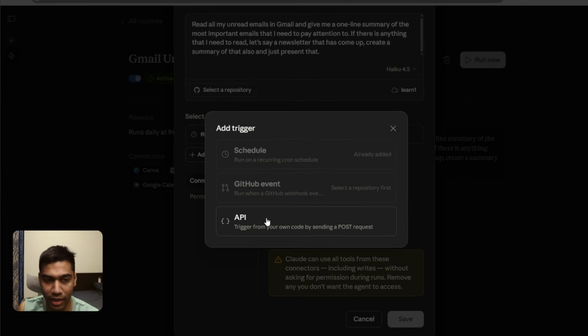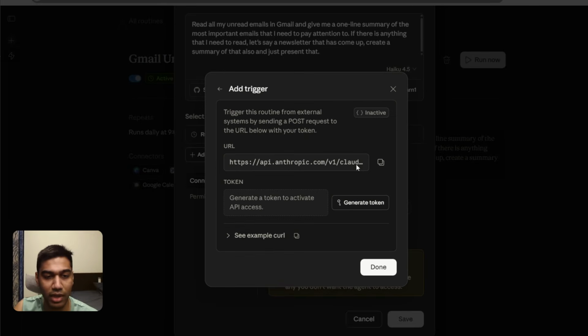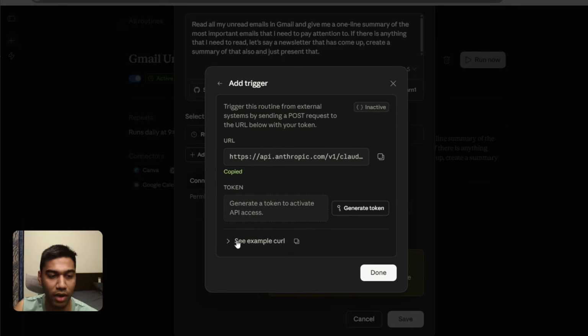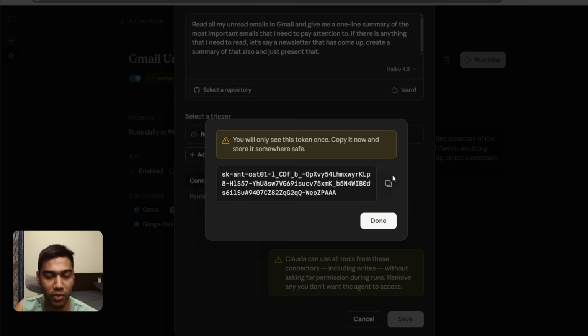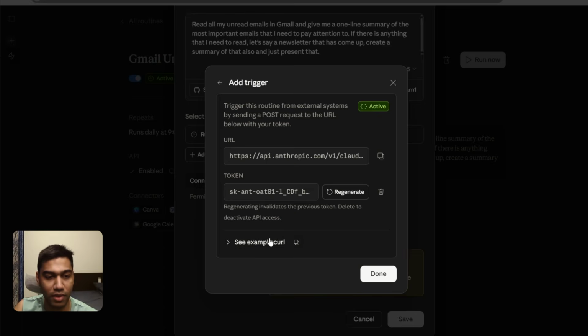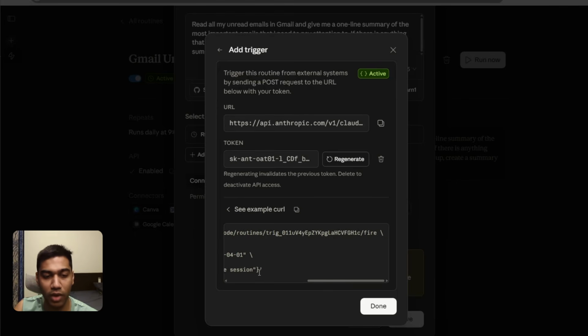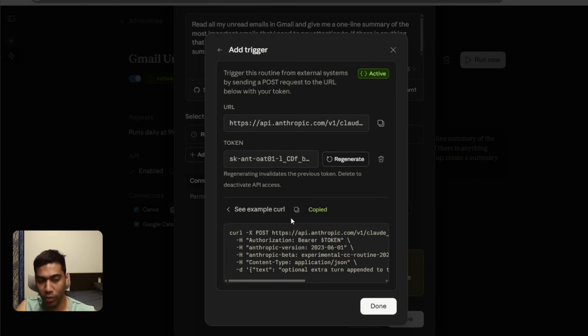When I say running it via an API, that means that technically I can create an app, if I have a personal app for myself, which can trigger this and give me a session link. Let me show you what happens. I'm going to click on this. I'm going to copy this URL, and then I'm going to generate a token, which will not be visible to you guys. And I'm going to copy this. Now with this, I'm going to take this curl request,